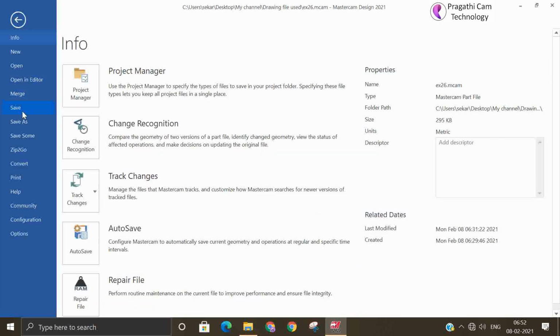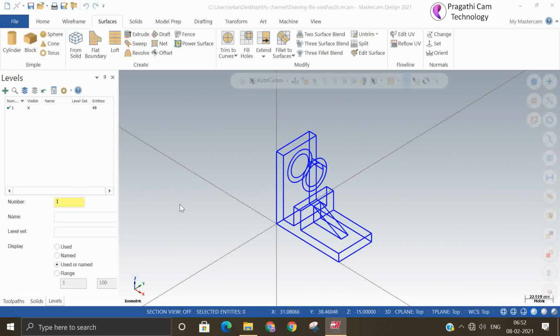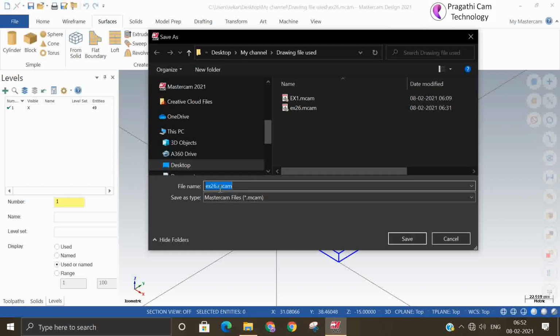We will not disturb the original file, so we will do save as and save it with another name.